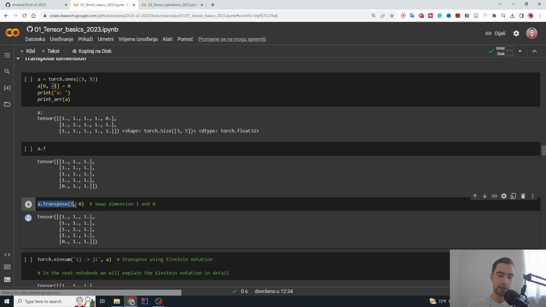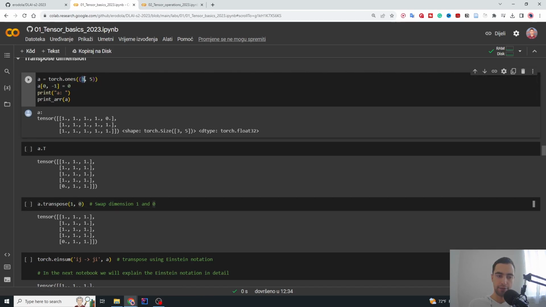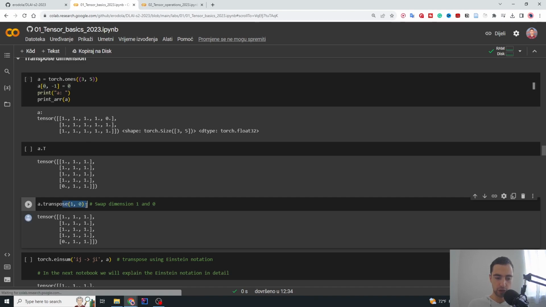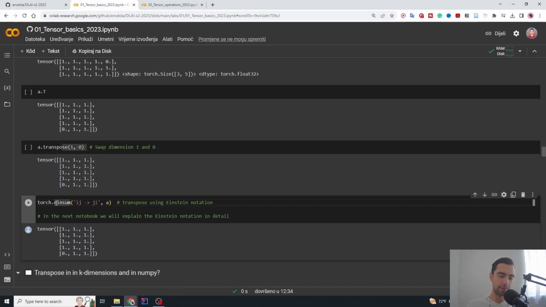We can also swap specific dimensions. A.transpose(1, 0) is going to swap dimensions 0 and 1. This tensor already has only 2 dimensions, dimension 0 and dimension 1, and if we swap these 2 dimensions, we're basically going to get the same as A.T. We can also use torch.einsum, which is Einstein summation, to do the same transposing. We just give it ij goes to ji of tensor A, and this is going to transpose the tensor A in the same way. Einsum is actually extremely versatile and important, so we are going to learn a lot more about it, and we can do any kinds of